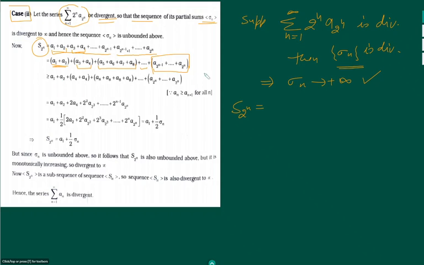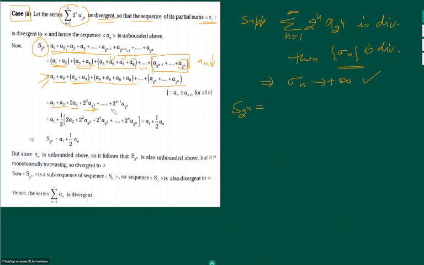So since a_n is monotonically decreasing, this is greater than or equal to a1 plus a2, and a3 plus a4 can be replaced by a4 plus a4, because a3 is greater than or equal to a4. Also a5, a6, a7 are each greater than or equal to a8, so you can replace all of them by a8, and here you can replace all terms by a_{2^n}. Alright, so you have a1 plus a2 plus 2a4 plus 2 squared a8